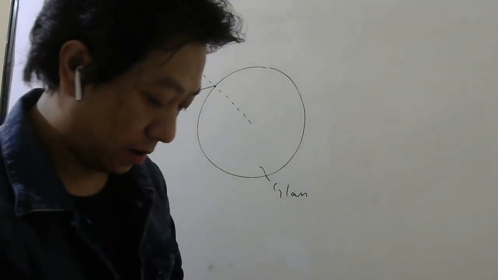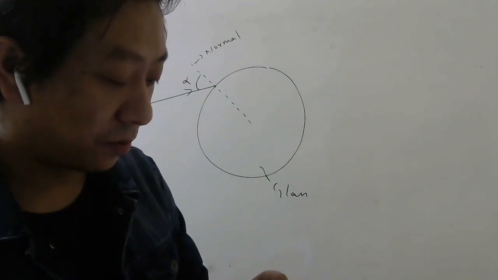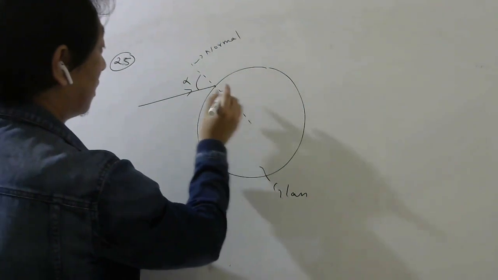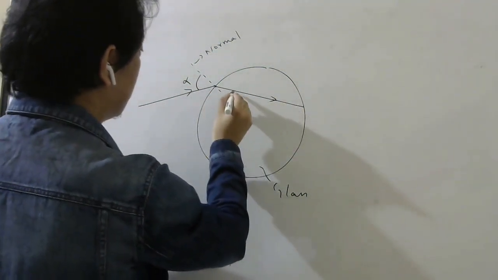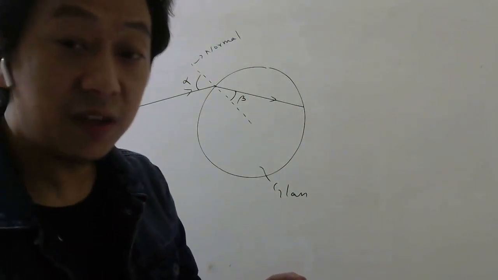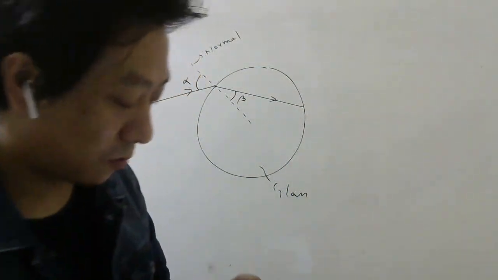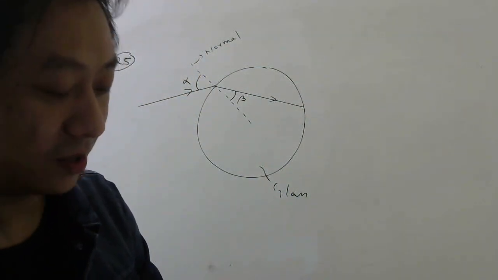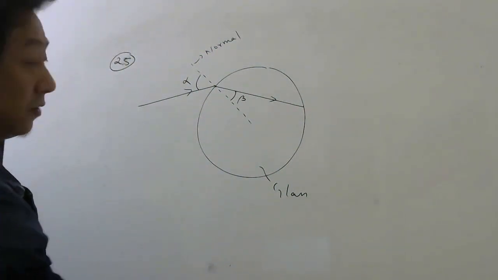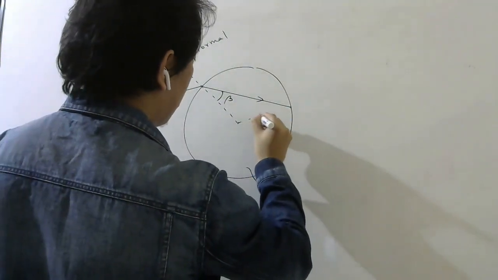The angle of incidence here is alpha with the normal, and it is refracted in the medium at an angle beta. This is rarer to denser, so towards the normal. So this angle is given as beta. They want you to find the angle of deviation of the emergent ray, after the light emerges out, from the direction of the incident ray. If light comes out, clearly there will be refraction here.